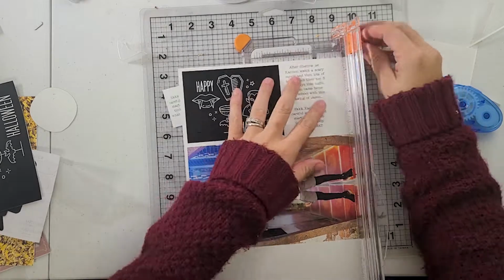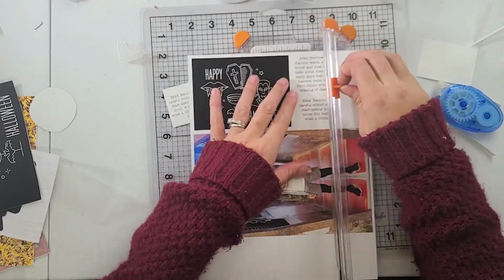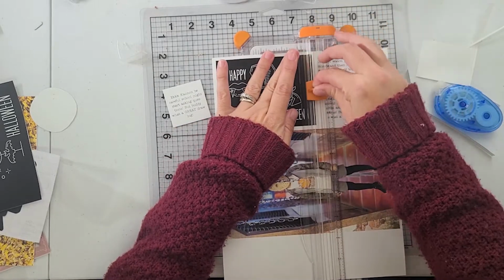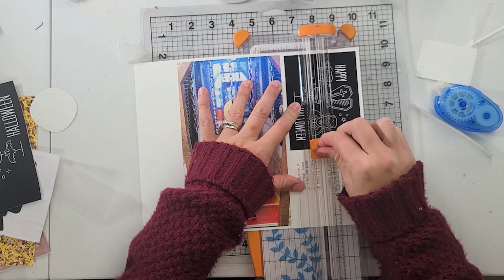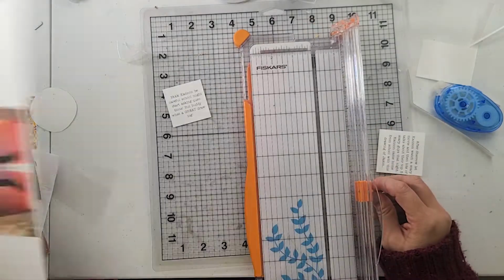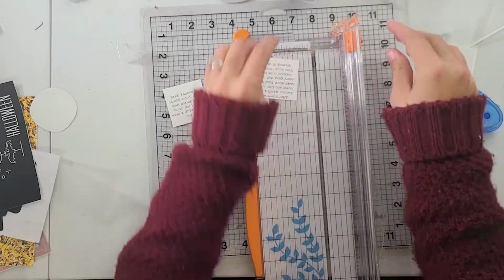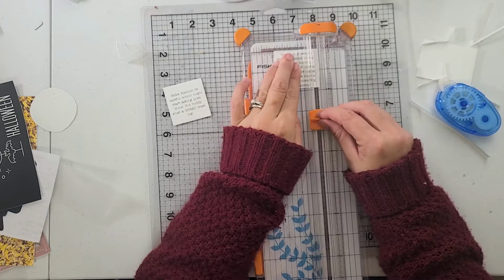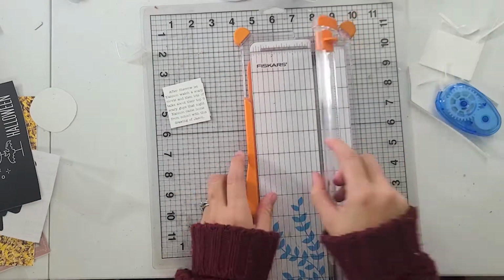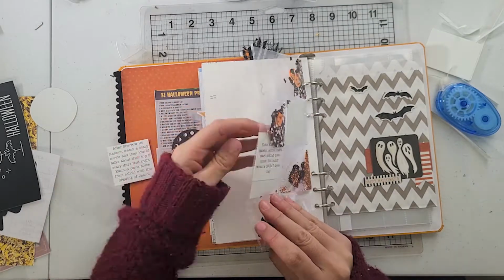So I'm just cutting out my journaling that I reprinted, because I think I actually forgot a whole word, and the journaling from the other page that I had, I didn't want to waste any more time or paper, sorry, just to fit in that 2x2 pocket from the candy spread. So I was trying to use that up. I also just didn't have a spread to use that 2x2 page in. So this was kind of perfect so I could add just a smidgen, a little bit of journaling,